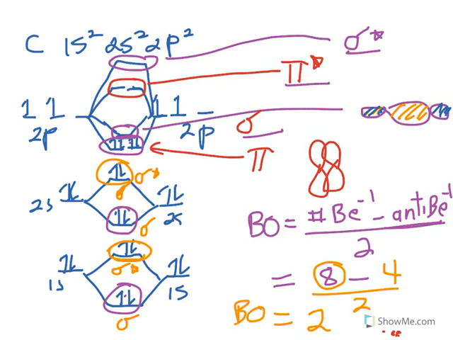Okay, that's enough for here. I'll do the other example. So boron, carbon, and nitrogen follow this pattern. Oxygen, fluorine, and